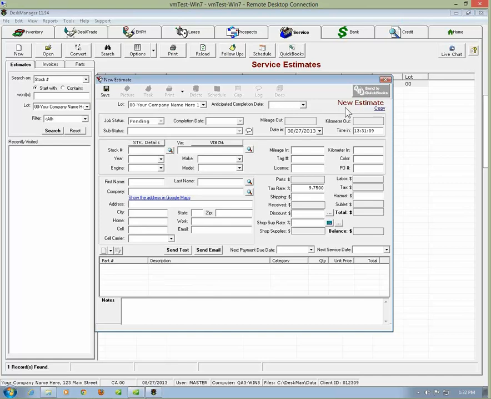An estimate, obviously, is better suited in situations where we don't specifically know the problem. Well, we're going to start with an estimate. We'll make it an invoice as we go. We'll talk about the differences as we're going along here. So let's just start with our customer coming in with their complaint. And this customer's complaint is,